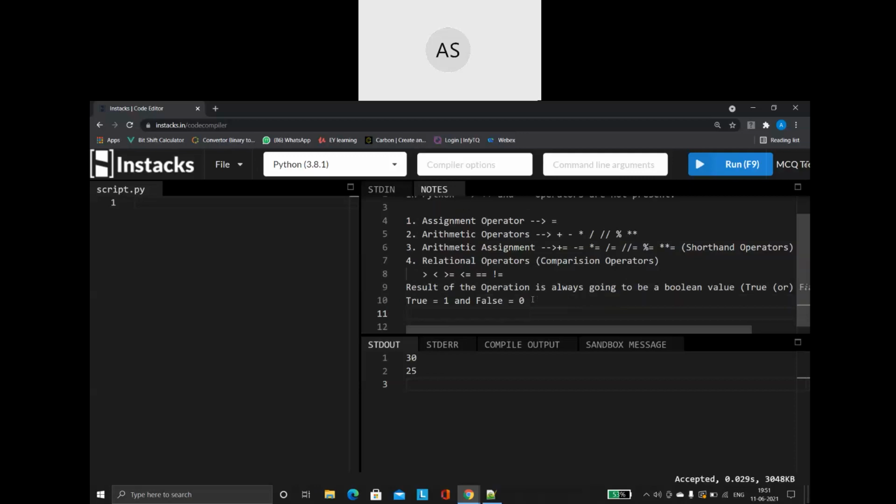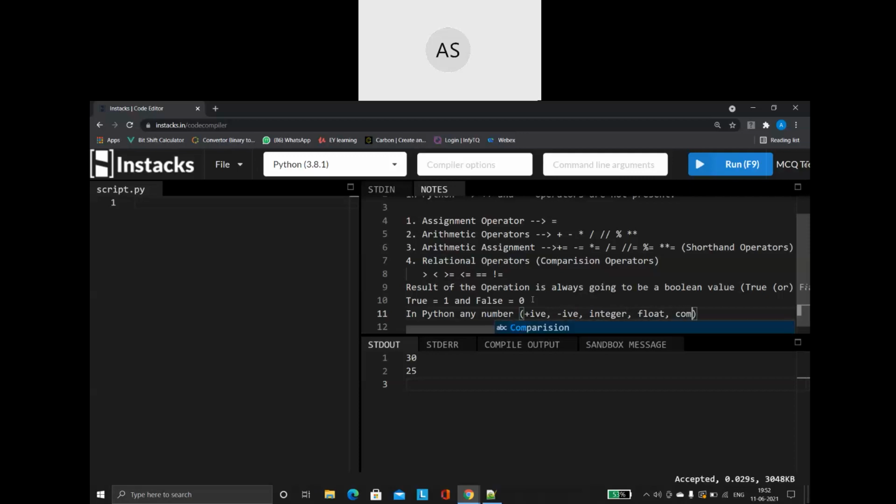Now what is the other important point? In Python, any number, that number can be a positive number, or it can be a negative number, an integer, a float, or a complex.